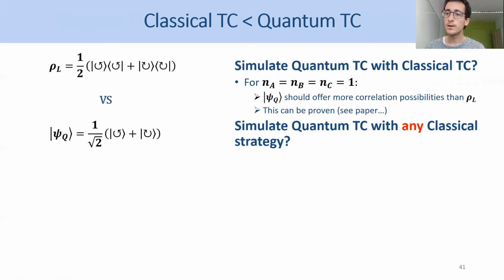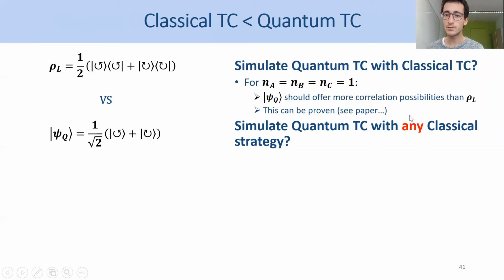However, our goal here in network non-locality is totally different. What we want to do is find a quantum token strategy such that it is not possible to simulate it using any classical strategy. And when I say any, I'm not talking only about token counting classical strategy. I'm really talking about any possible strategy in which the sources do not distribute tokens anymore, but may distribute much more information, which is much more complex to describe.